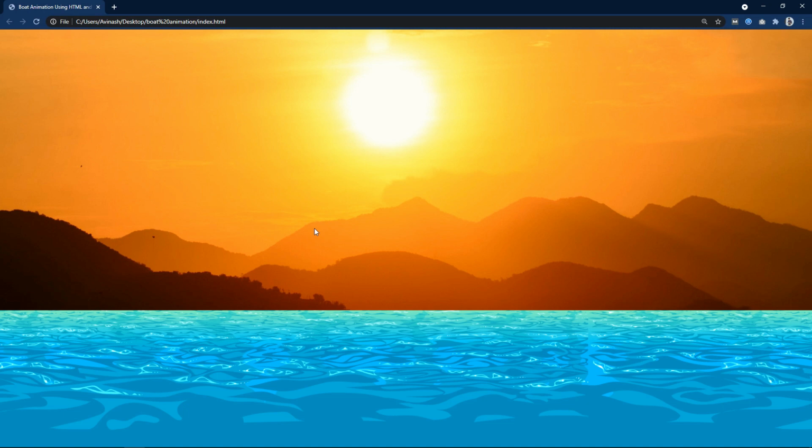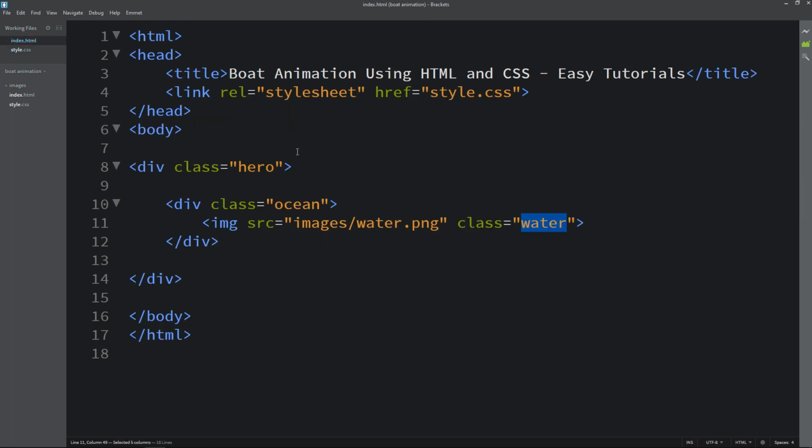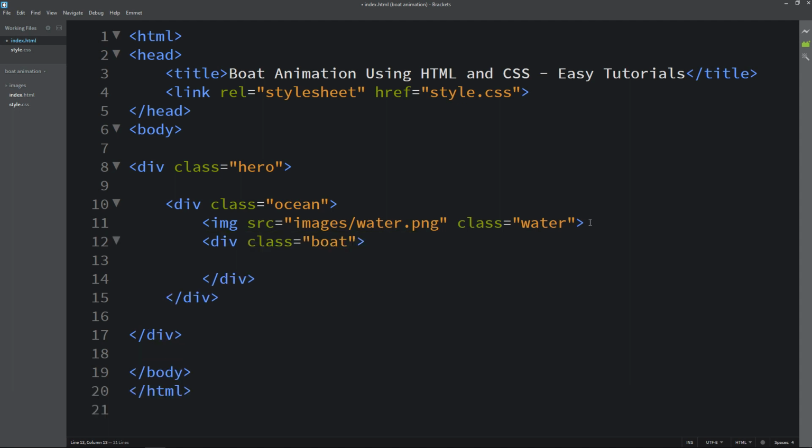Next we will add one more image, which is boat image. So let's come back in the HTML file, and here we will add one div with the class name boat, and let's add one image here with the img tag and image file path, which is boat.png. Now just copy the class name boat, write it here in the CSS file.